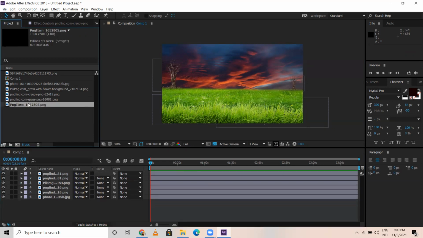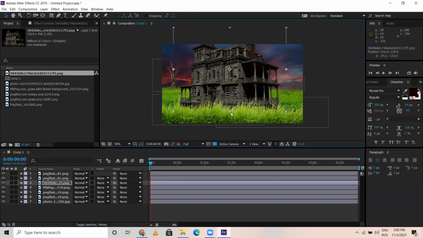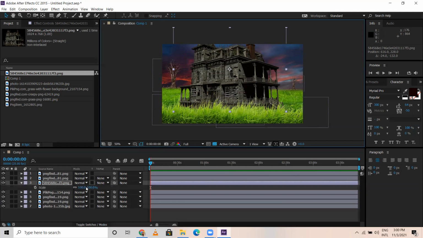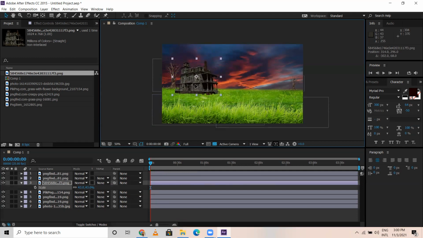The next thing is, let me have our house, haunted house. It's here. Now, just behind this grass, the top two layers of the grass. And this is a house part. I am gonna scale this. Okay. Somewhere like this here. Or let me just make it like this. Or else simple scale. That's 43.